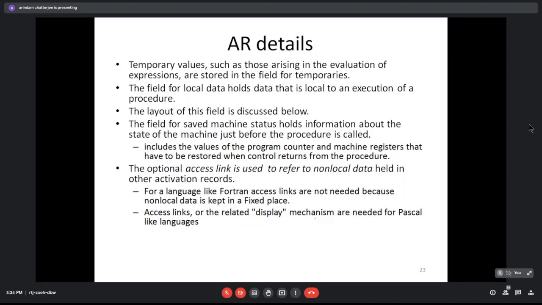So anything which is non-local is in a fixed place, so you can easily look at that. In Pascal-like languages, you actually need access to non-local data. C doesn't have that facility, so that's why you won't see it in C. For the access link, or something known as a display, I'll be explaining that as well. We can use that.